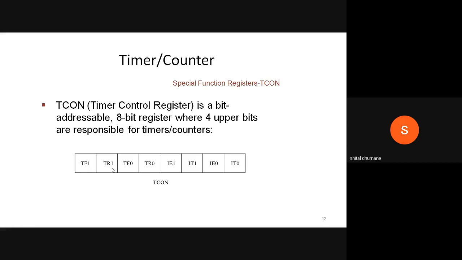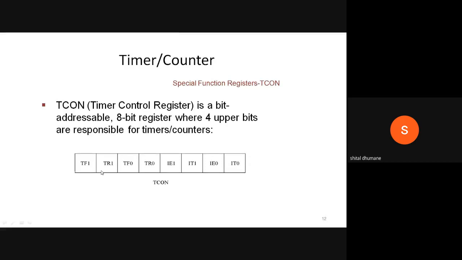If you want to stop the timer at the end, then you should clear these bits, CLR TR0 or CLR TR1. So with the help of these two bits you start and stop your timers. Then TF0 and TF1 are actually the overflow flags. We'll see them when we go to the modes of operation of the 8051 timers, timer 0, 1, 2 and 3.